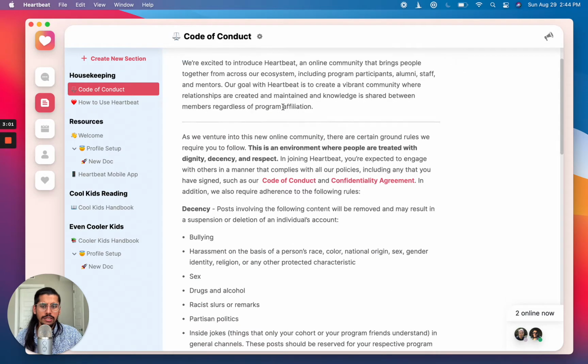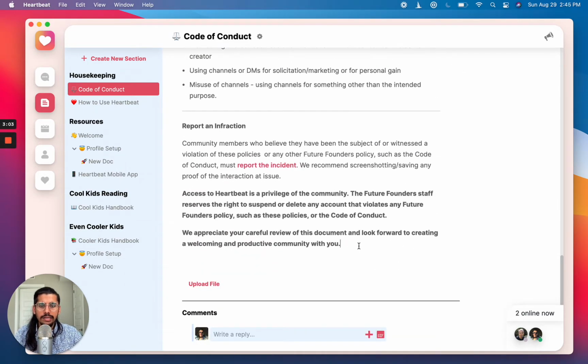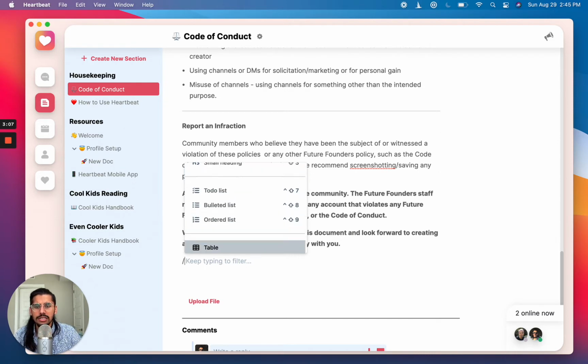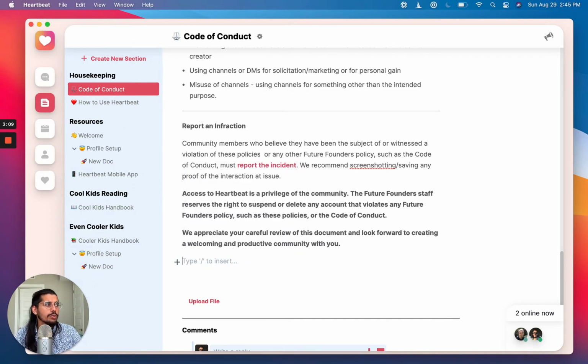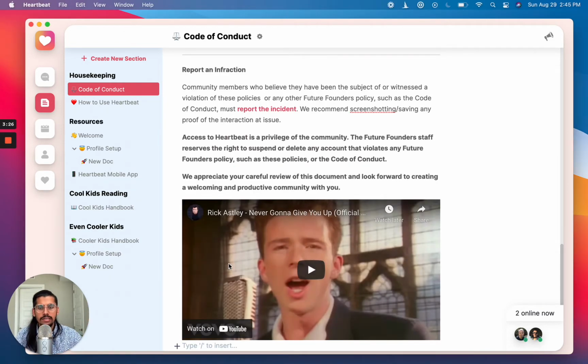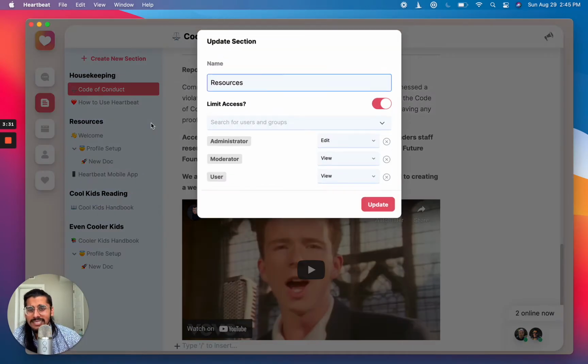So documents that you can write up, you can click in here, just hit enter and start typing. You can hit slash and start inserting different blocks the exact same way that you would with Notion. And there's even things like video embeds where you can just grab a YouTube video and drop it in. So if I go open YouTube right now, grab a quick video, and then drop it in over here, you'll actually see that embed live. Perfect. So we've got videos and stuff like this. You can control the access to these different sections.